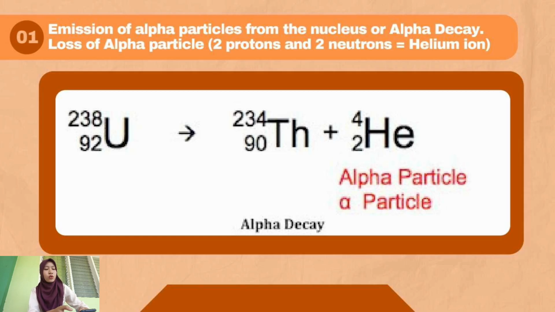Example natin dito is yung uranium-238-92. So remember, yung 238 is ito na, yung upper number is ito na yung neutrons and protons, while yung nasa babang number is ito yung protons. So uranium-238 decays into thorium-234. So we can actually see here in these numbers na nag-loss sila ng dalawang protons and ng dalawang neutrons. That's why naging